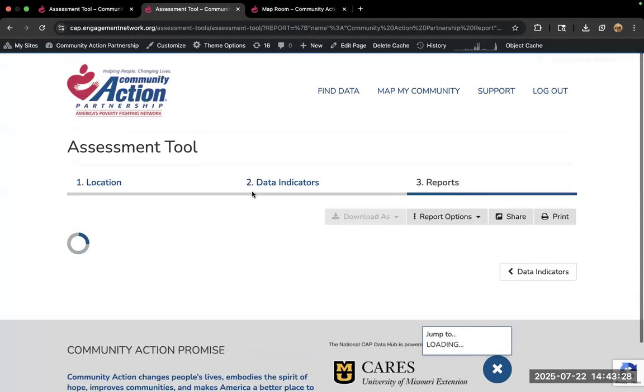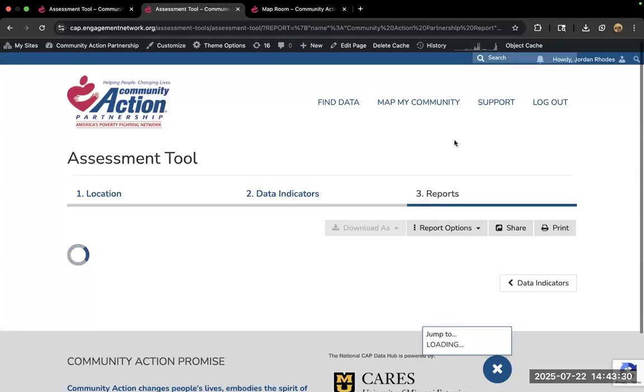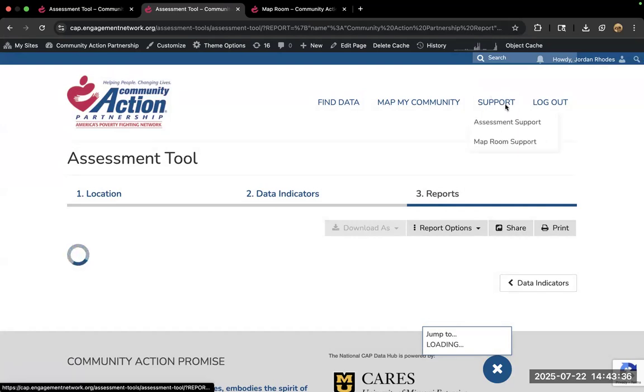Well, while it is thinking, I am going to draw our attention to a couple of different things. So first is the support tab at the top. This support tab is if you need a written refresher on the basics of building a report, go to this assessment support, and it's going to give you step-by-step instructions with screenshots.